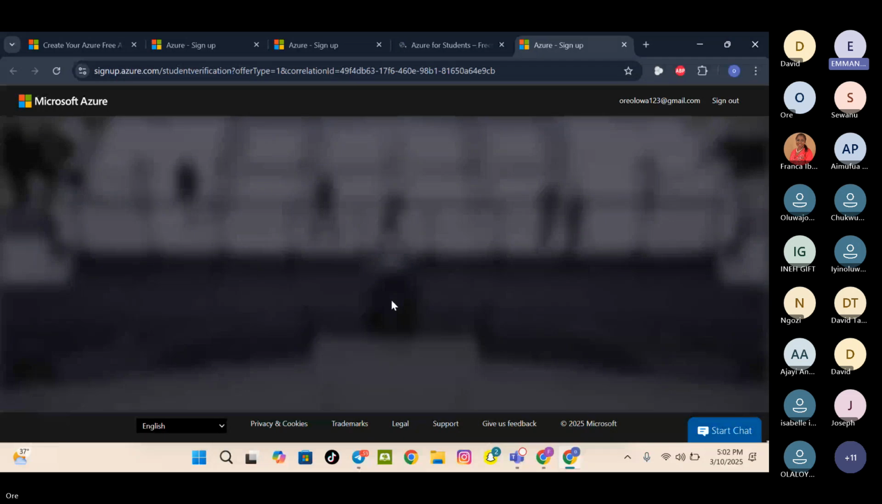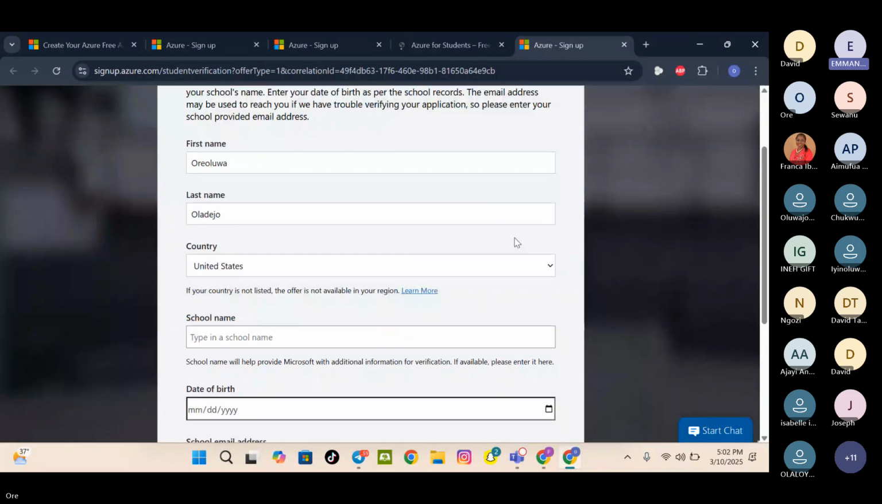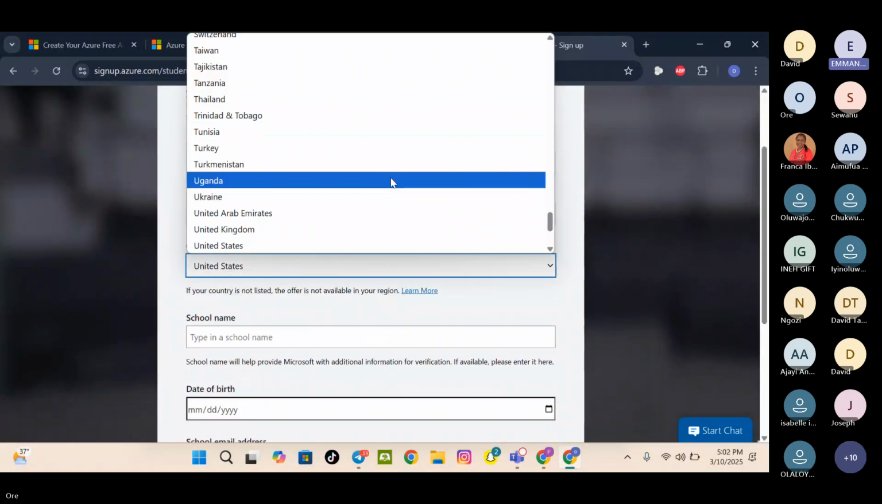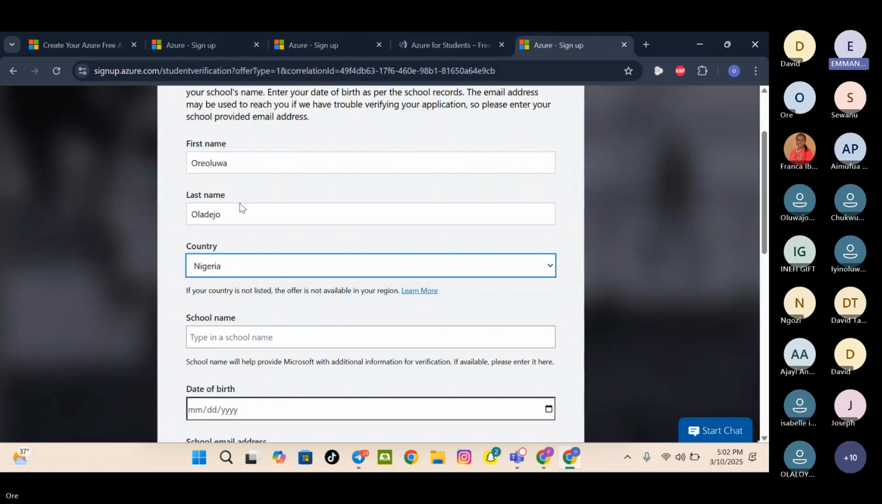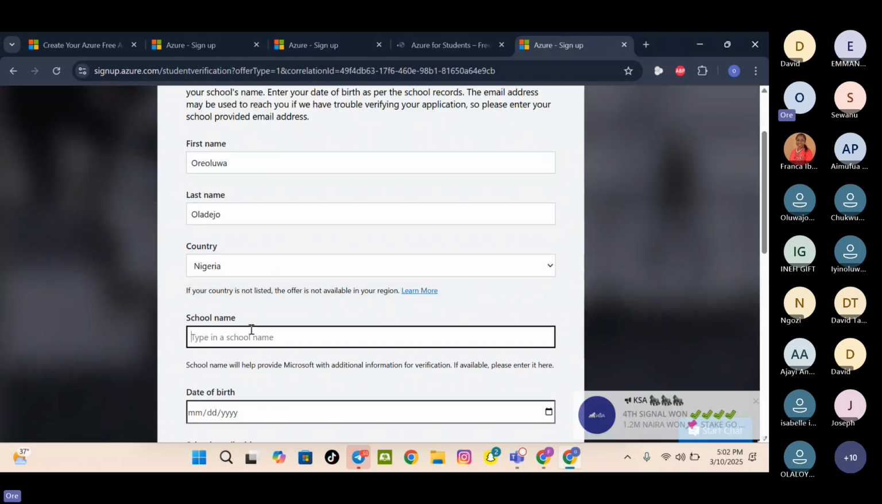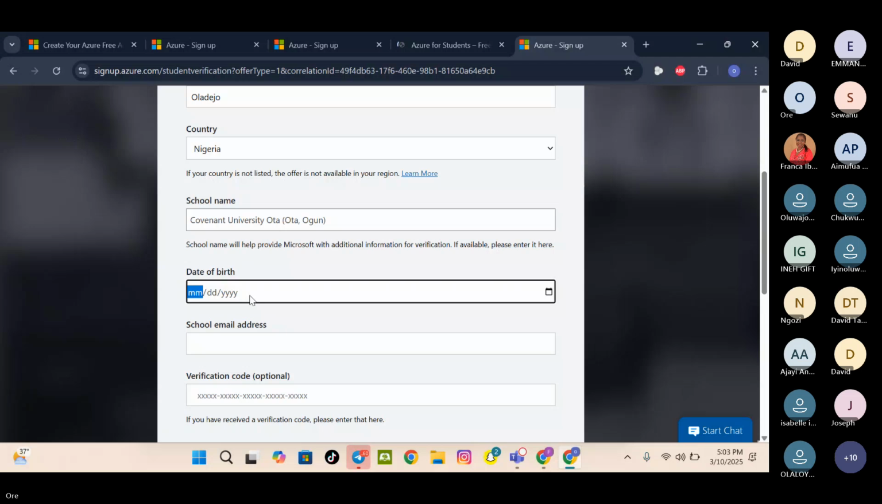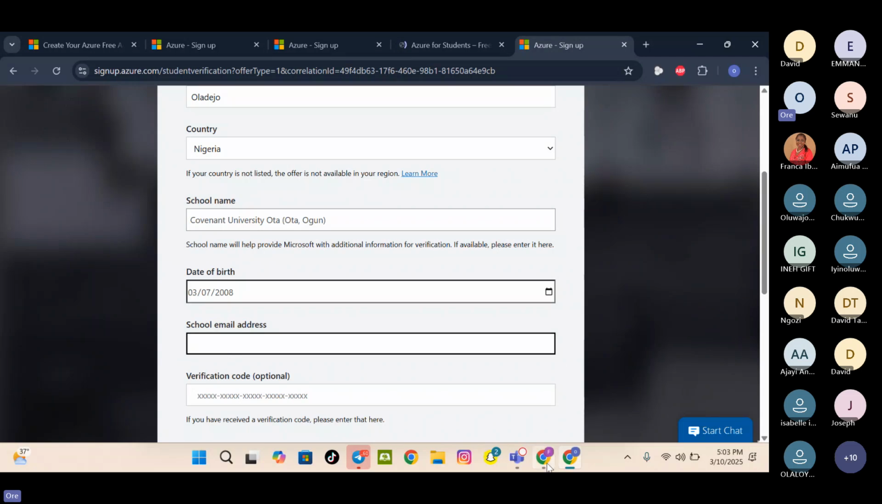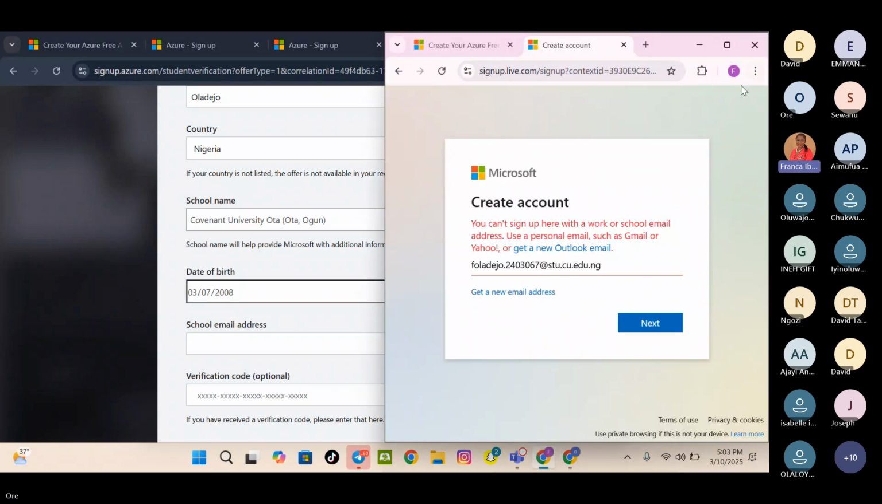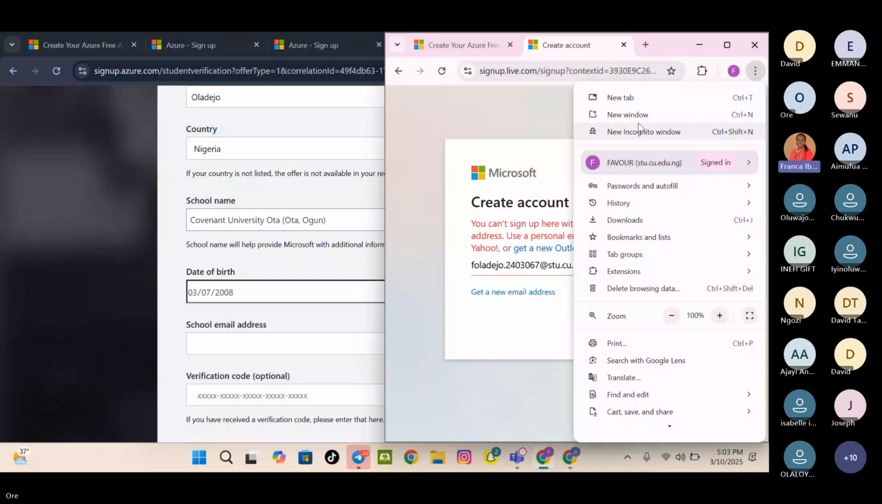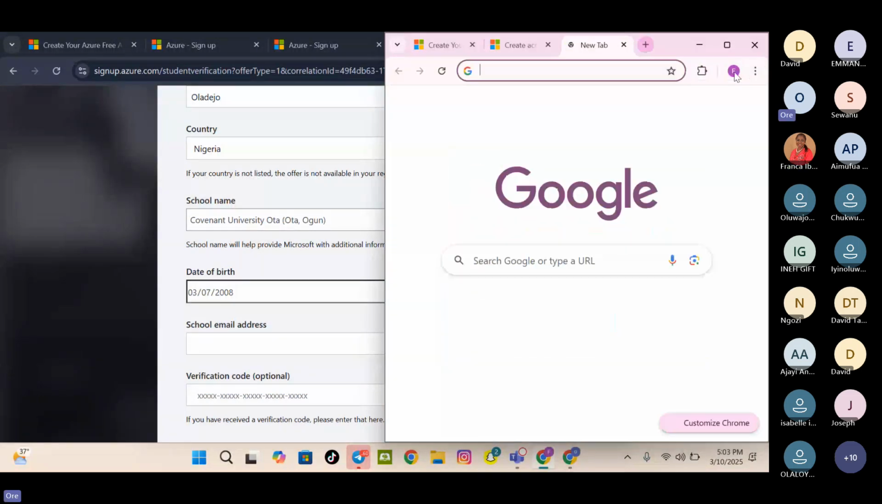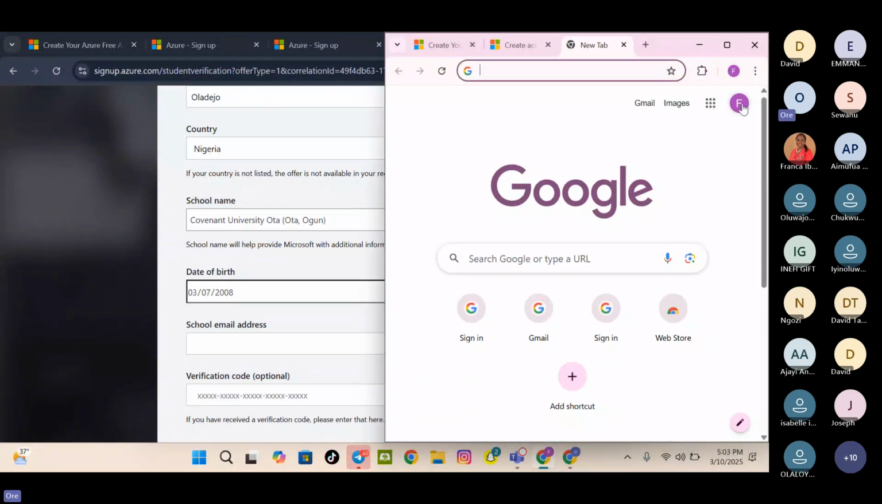Since you're signed in, then your country, school name, something. Remember to use your school email address. Okay, ma. School email address. Did you start off with your Gmail account? Yes, ma. I tried to use this other one before, but